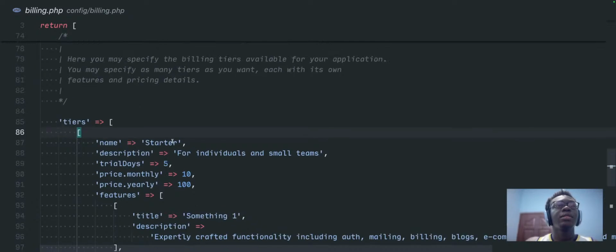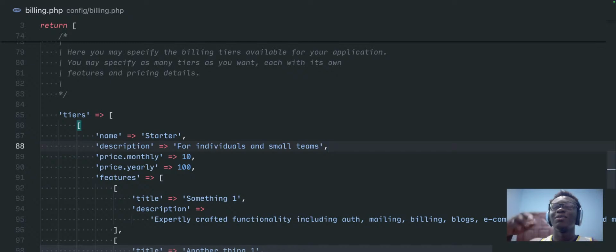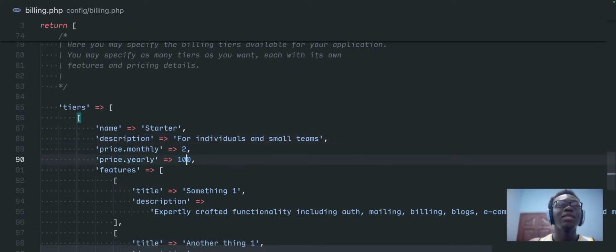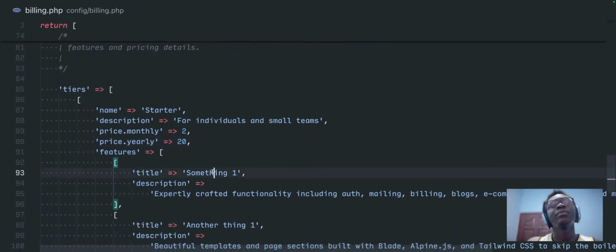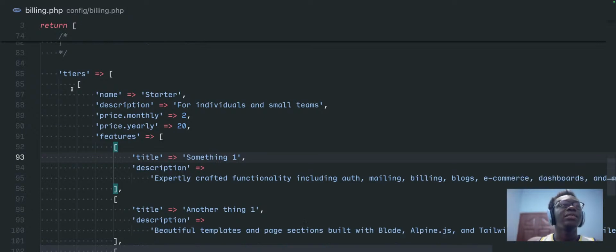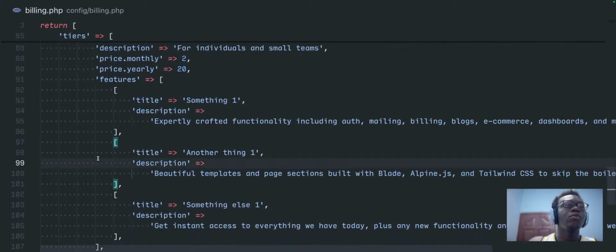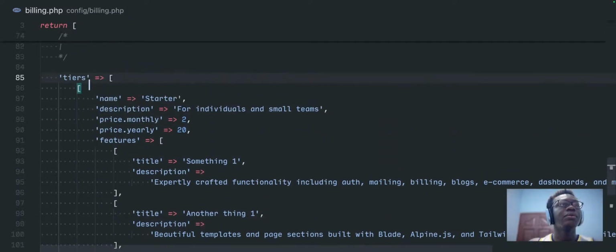Okay. So I'm going to have a starter plan. I don't feel like giving any trial days to people, so I'm taking that off. And then we're going to bill for like $2 a month, which is ridiculously cheap. But anyway, $2 a month for a starter plan, and then we're going to just duplicate this and create a pro plan. What's going on with my mouse? Okay,